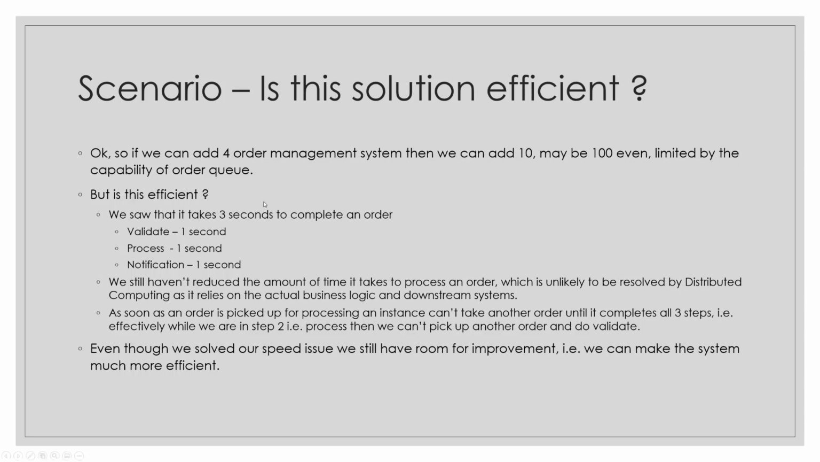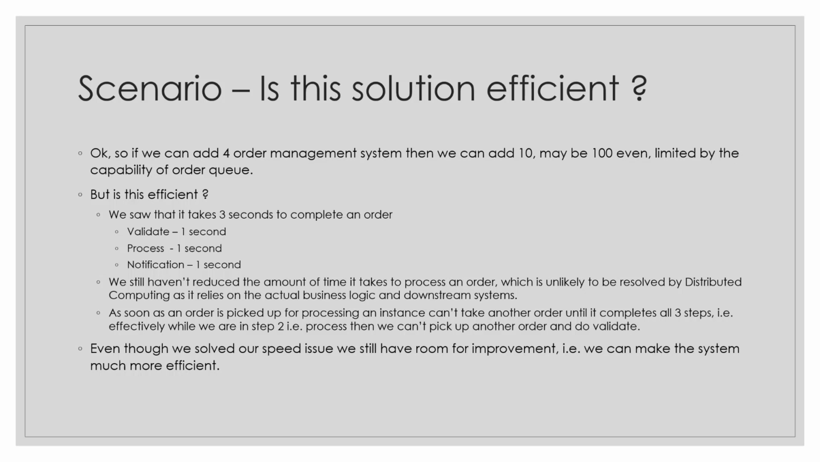What we originally saw was that each of the individual tasks within that order management system is taking 1 second each. We still haven't reduced that time by doing any of this. Frankly speaking, distributed computing is not going to help you there. Distributed computing is all about parallelizing tasks as much as we can. So if you want to reduce that timing, you have to look at your business process and your downstream systems and see if you can do anything there. But the problem that we had with the previous solution, where we increased the number of instances of the order management system, was